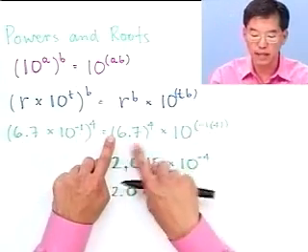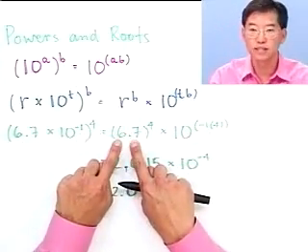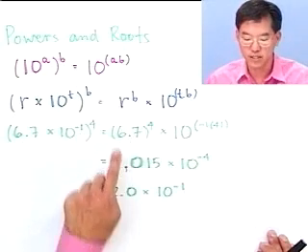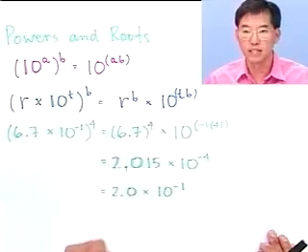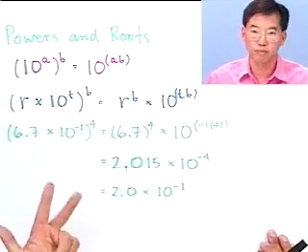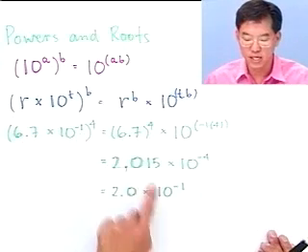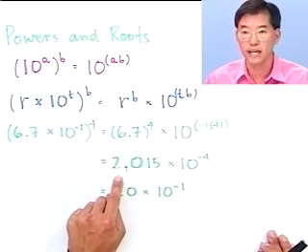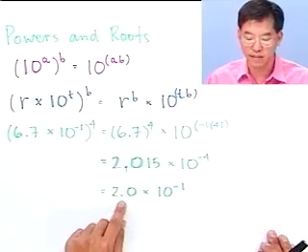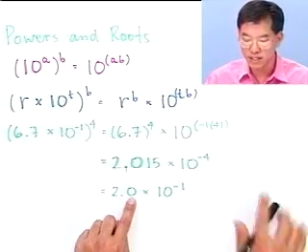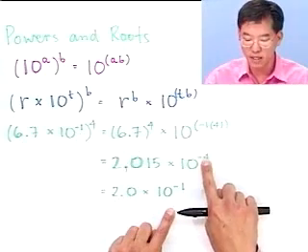Now, we multiply this part out again. This part is the part that has the significant figures, and I've expressed it with 4 significant figures here. So 6.7 to the 4th power, which is 6.7 times 6.7 times 6.7 times 6.7, is 2015 and a bunch of other digits. But this is already too many significant figures. When we round to the correct number of significant figures, which is 2, because we're multiplying, we get 2.0, and then 10 to the -4,